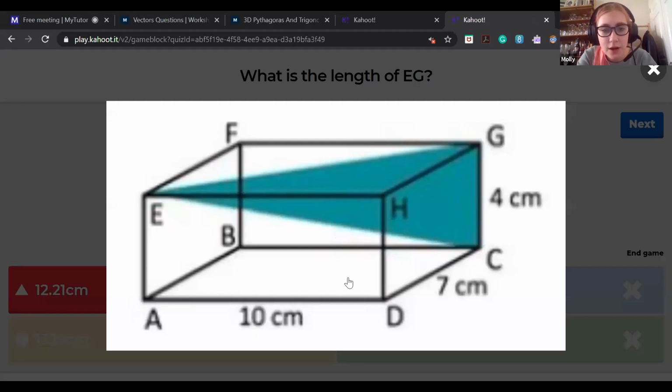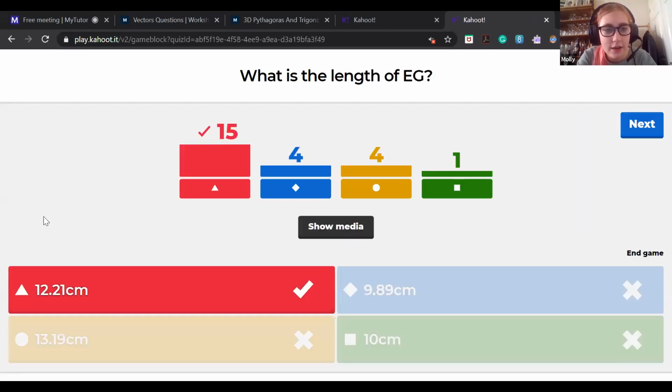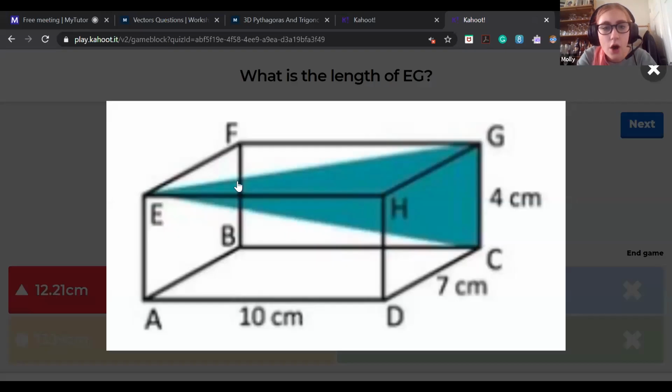But basically, you had to work out A to C. What was the extra question? What's the length of EG? Oh, I was working out EC. Smart. Okay, so